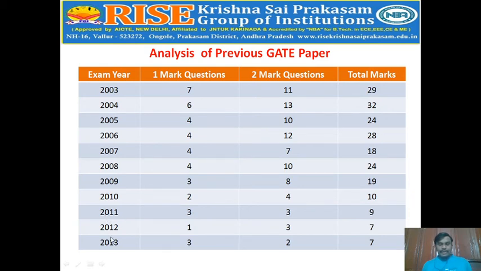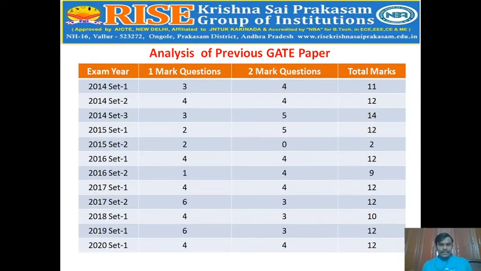After 2011 to 13, the weightage gradually decreases, to about 7 marks out of 100, based on the organization of the GATE paper, whether it is IIT Delhi, IIT Kharagpur, or IIT Kanpur. From 2014, there is one more question, a 2 mark question, and the exam pattern is